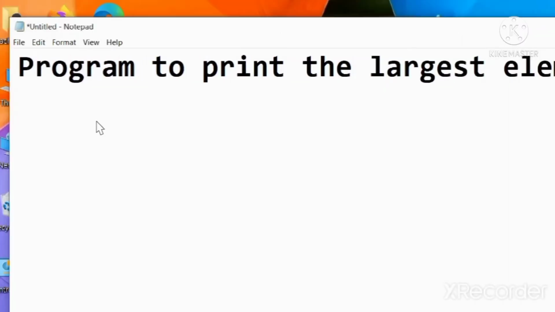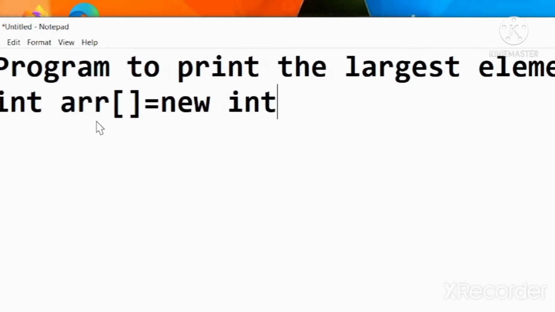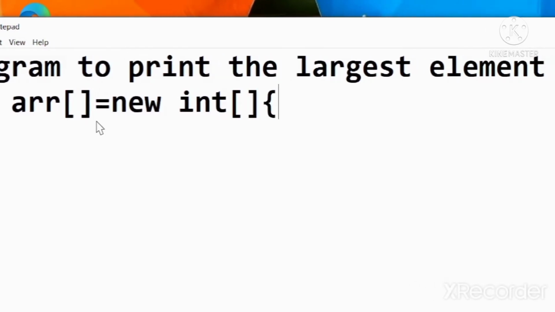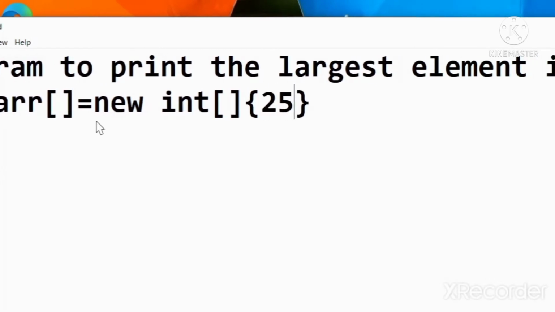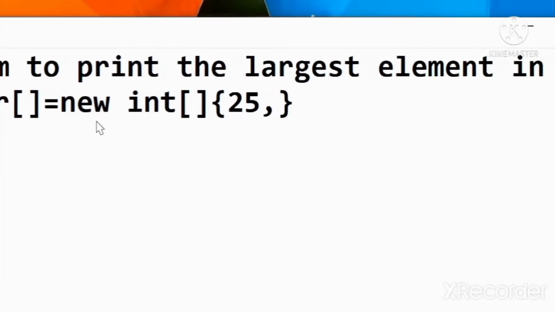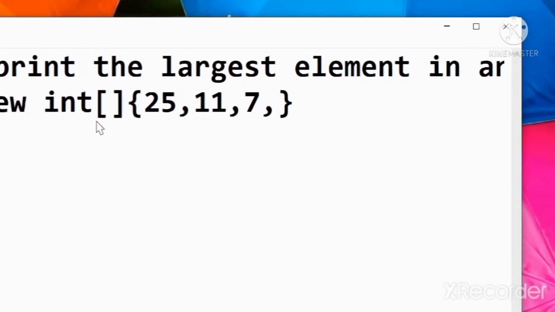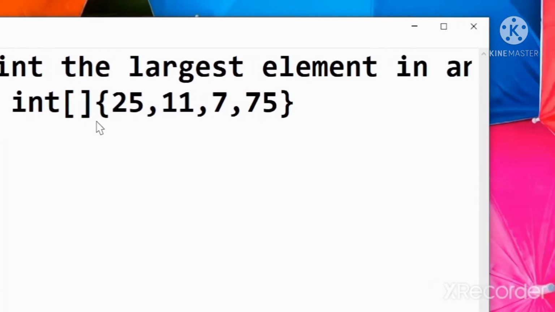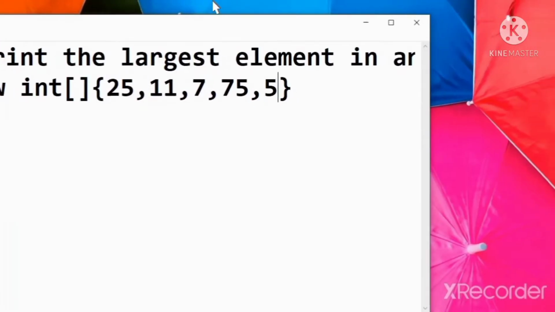For example, if we are having an array, int arr, it is the name of the array, is equal to new int, 25, 11, 7, 75, 56.